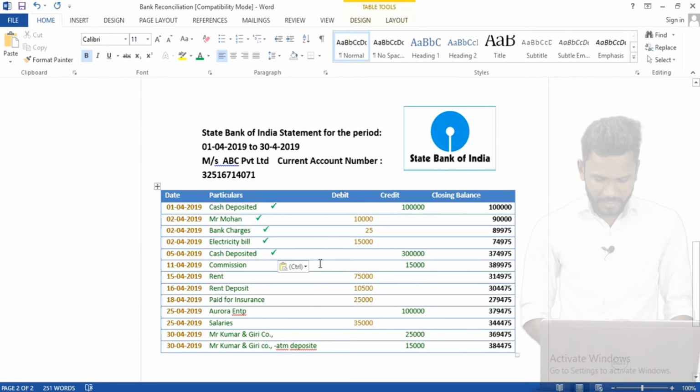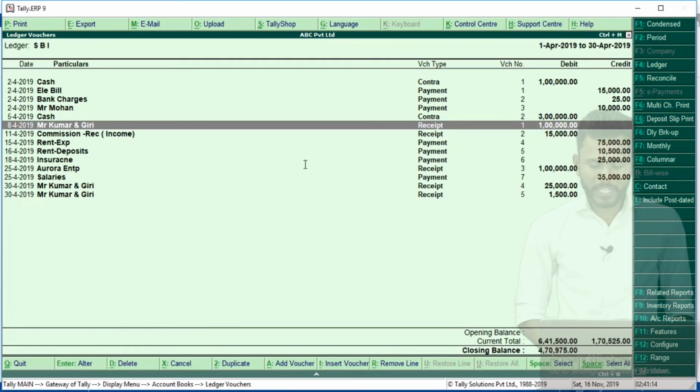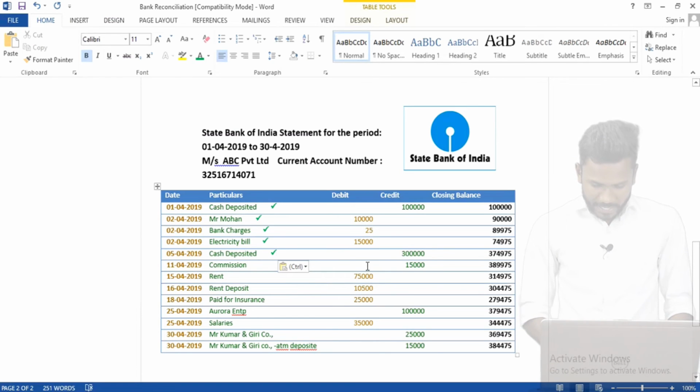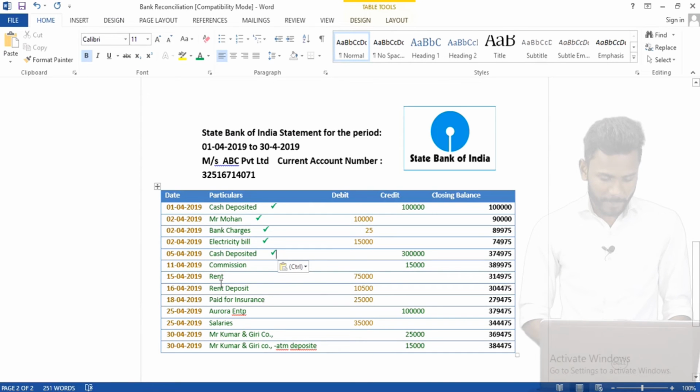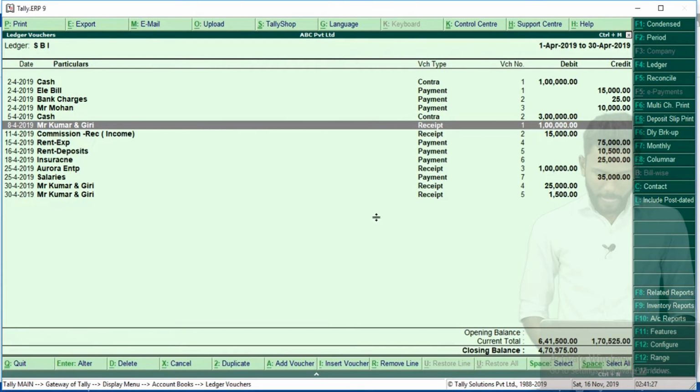You may see that. We just recorded that we received rupees 1 lakh from Kumar and Giri. It was recorded on the 8th of April. Next one is that we just recorded that we received rupees 1 lakh from Kumar and Giri. Yes, we just recorded